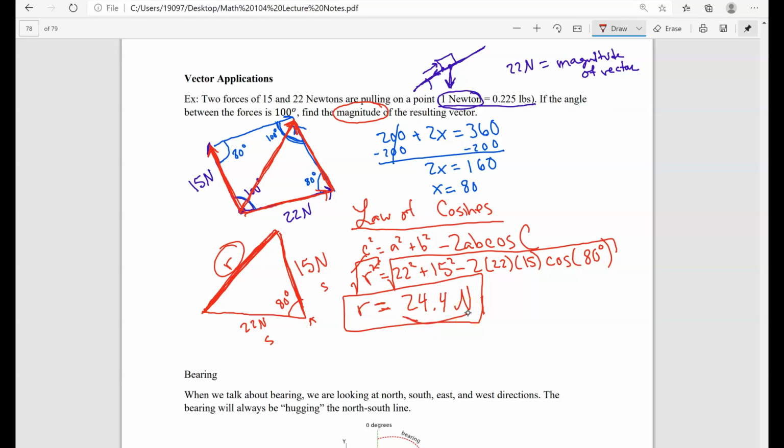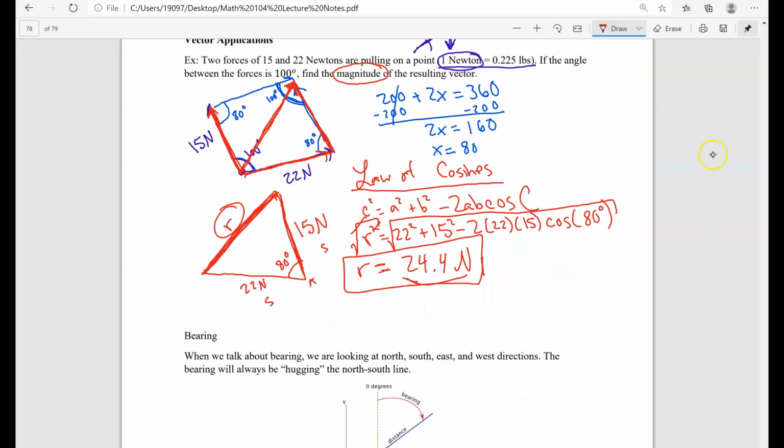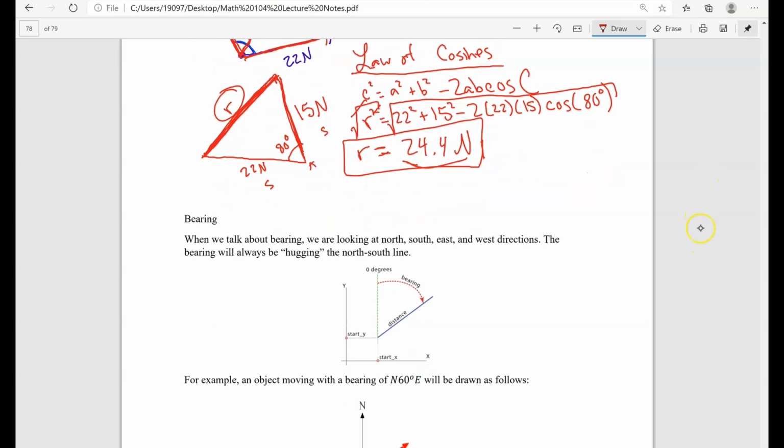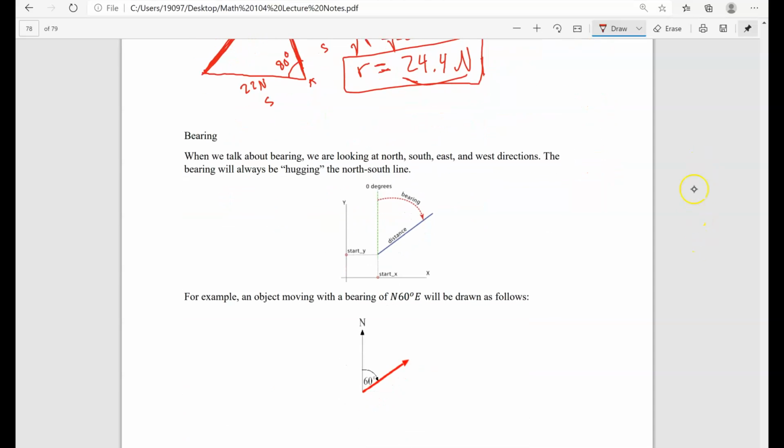Okay, so notice that when doing these applications, you really have to know the geometry very well, and you also need to be able to know how we can apply which tool. So here is your incorporating everything that you've learned in this class. Okay, so now let's go ahead and talk about bearing. Okay, so what bearing is,